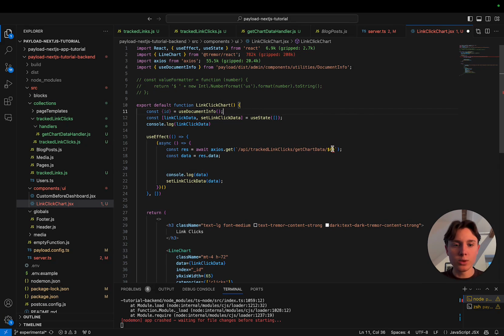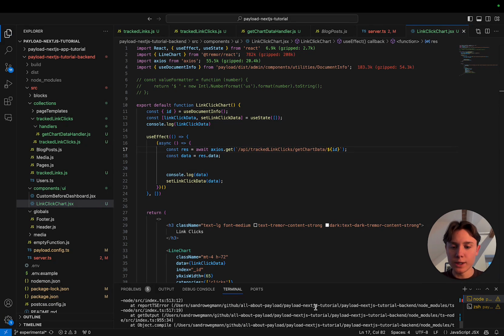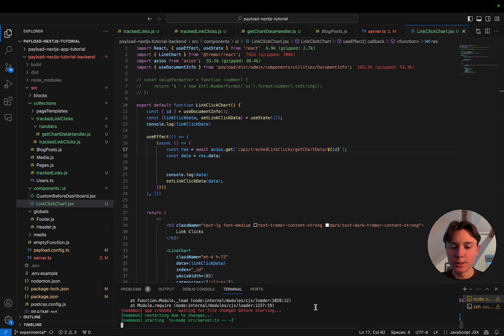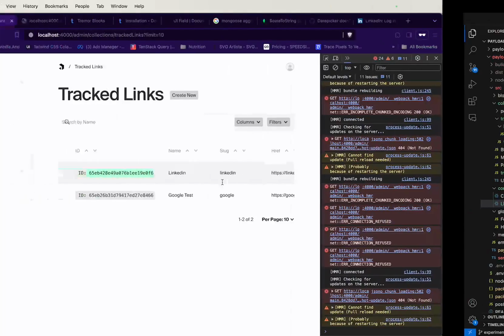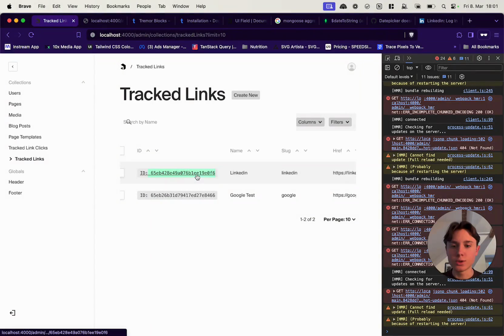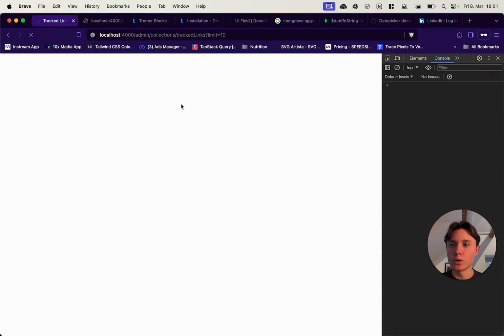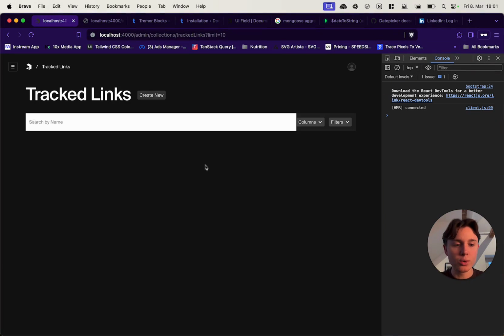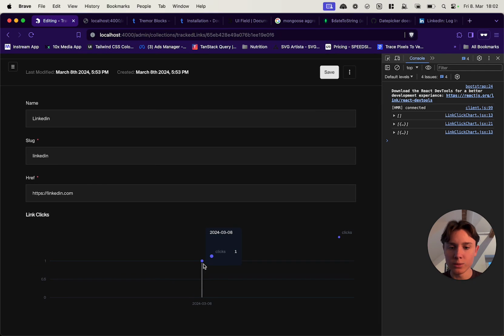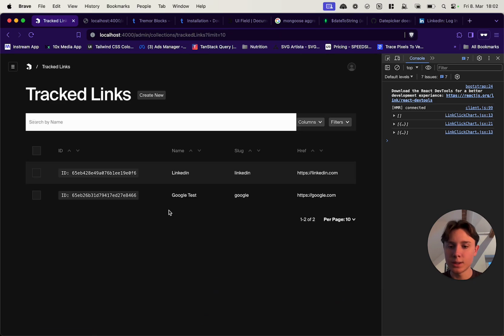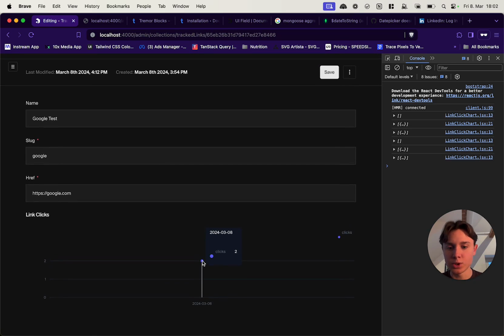And what we can then do is use the ID in our request, and that should fetch the correct data. So let's wait for a second for the server to reboot. And now our charting should work again and only show the data specific to that link. So in here we have 1 click for the LinkedIn, and we should have 2 clicks for